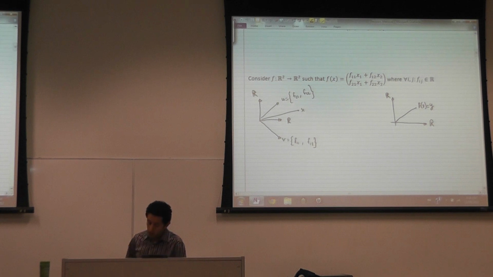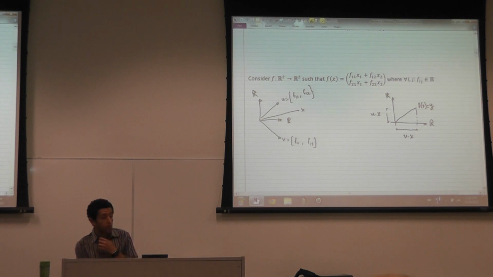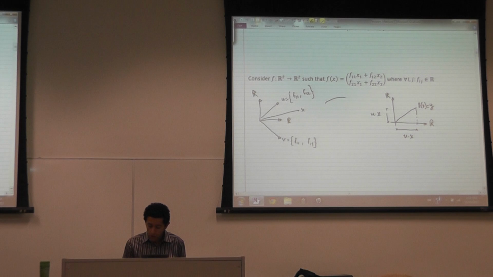This vector has two components. The first component is equal to v dot x. And the second component is equal to u dot x. And so for this operation to be invertible, which means for this operation I can go either way, for every x here,